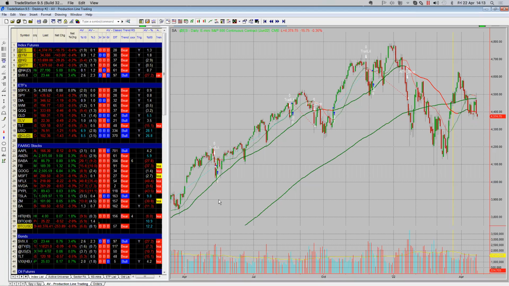And one of the reasons that you might want to avoid multiple time frame analysis is they're always going to be in conflict. The daily chart's going to suggest one thing. The weekly chart's going to suggest another. The 60-minute chart's going to suggest something else. The 5-minute chart's going to suggest something else. They're all in conflict with each other. And as a new trader, even as an experienced trader, it does create confusion, because they're out of kilter with each other. So let's just make it simple.